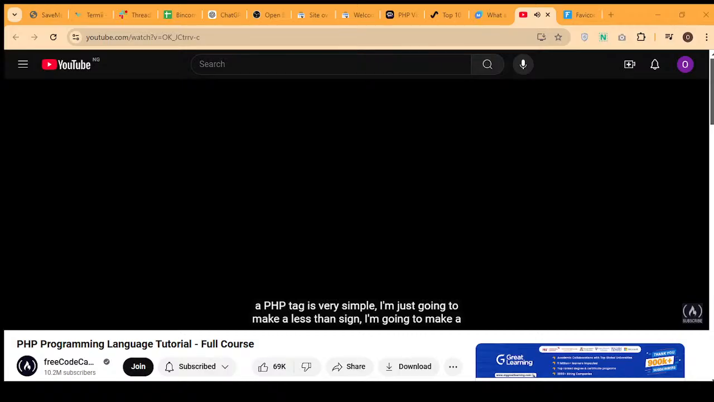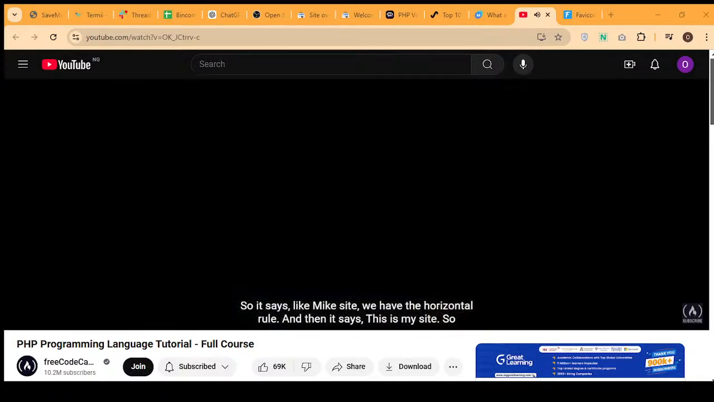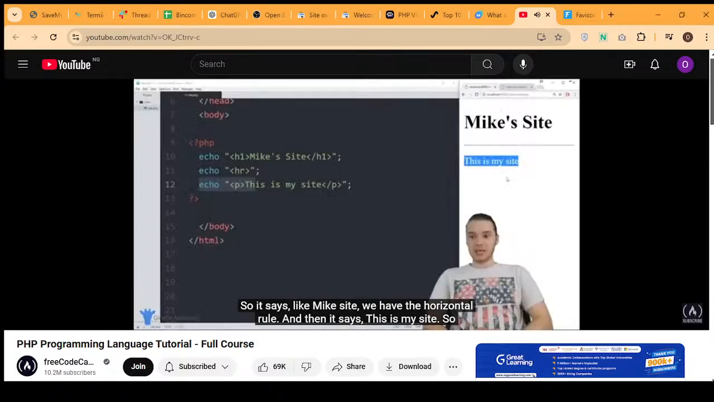That basically just tells PHP, hey, we're done writing this line of code, and now we're going to write another line of code. So now when I head over to my web browser, you guys will see that we're actually getting this little website. It says Mike's site, we have the horizontal rule, and then it says this is my site. So from inside that PHP code, we're actually